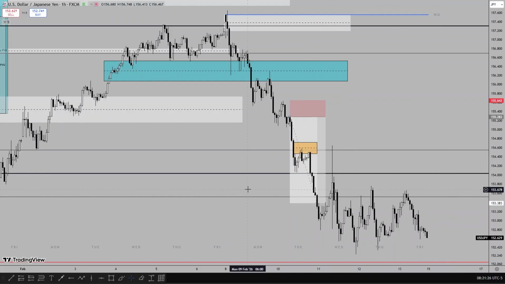Now, I will be talking about the JPY index in this market review because of this price action. The dollar did trade lower, but not as impulsively as USD JPY. That was because there was a stronger JPY index. There was a stronger JPY index this week that led to the lower prices on USD JPY.